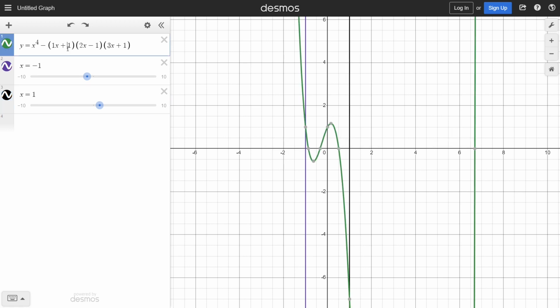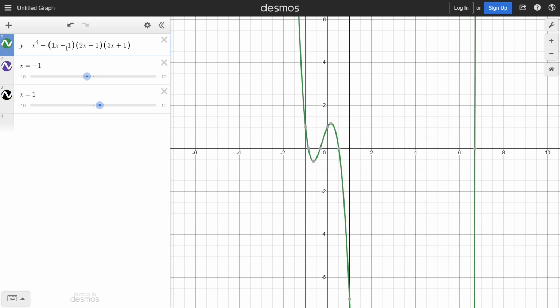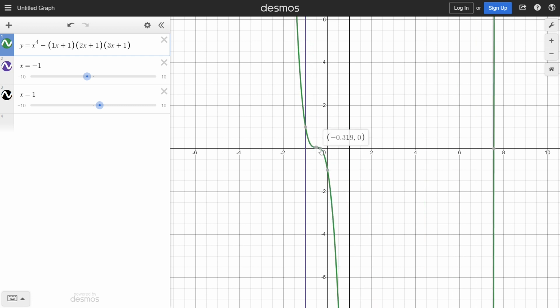So for example, if we were to put a minus here, all of a sudden we've got this root out here that is bigger than 1, which is not what we want. We want these 3 roots to be between -1 and +1. On the other hand, if we make all of these pluses, now this is between -1 and +1, but